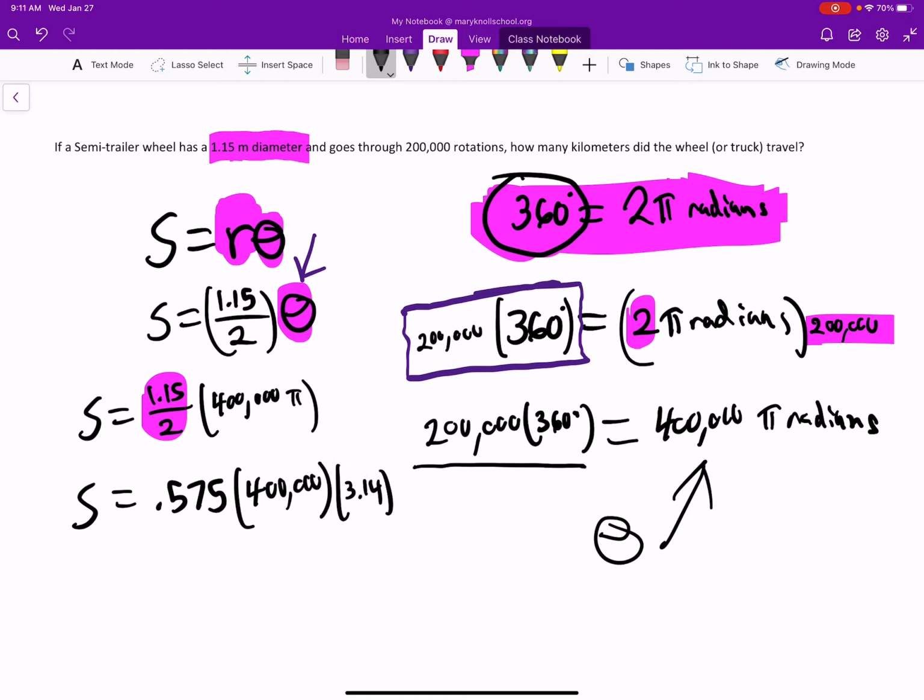Well, it's close enough. We only need 3 significant digits in physics, remember. Pi is 3.14159 and so on, but we want the 3 significant digits, so let's just use these 3, and it'll give us an answer that's close enough. So I'm going to multiply these 3 together: 0.575 times 400,000 times 3.14. And I got S being